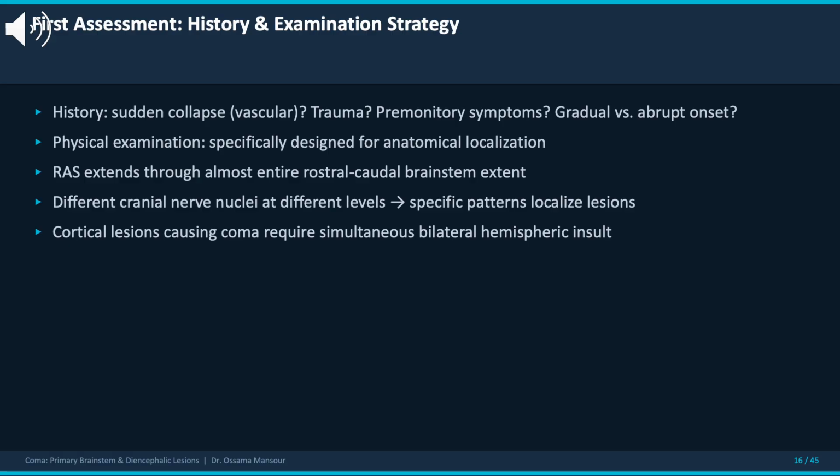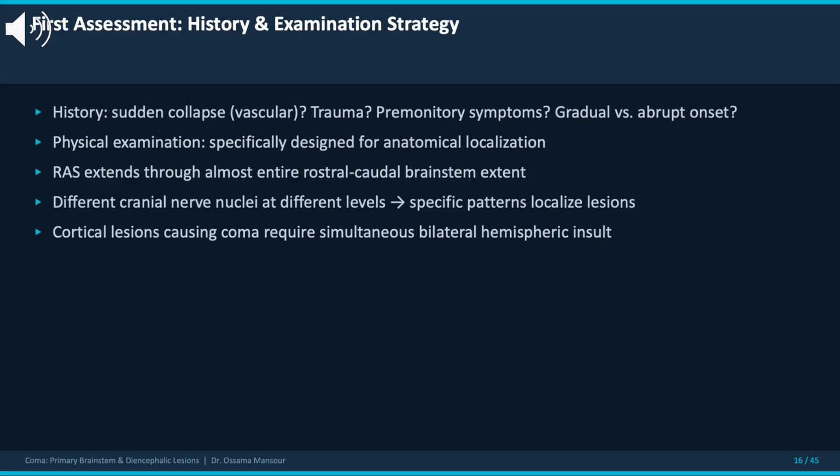In the event that all surrogate markers of brainstem function are intact, then higher lesions affecting diencephalic or cortical structures become the primary suspects. It's critical to remember that cortical lesions to produce coma would require simultaneous bilateral insult to